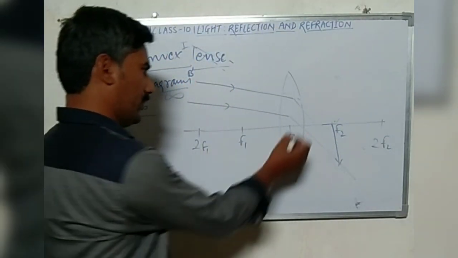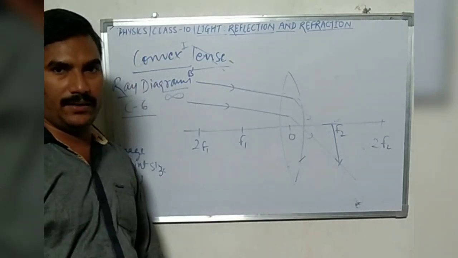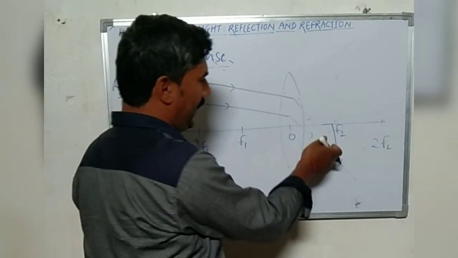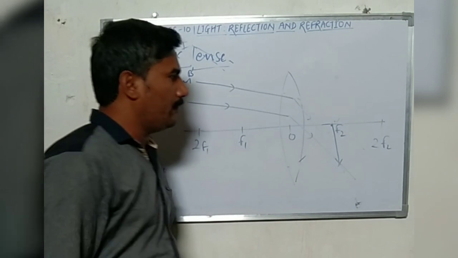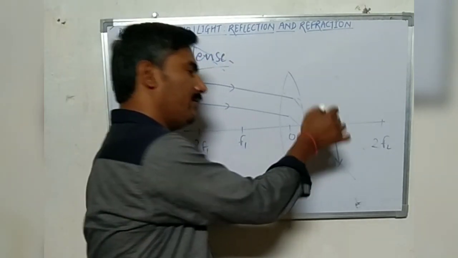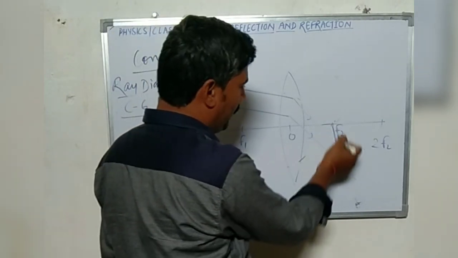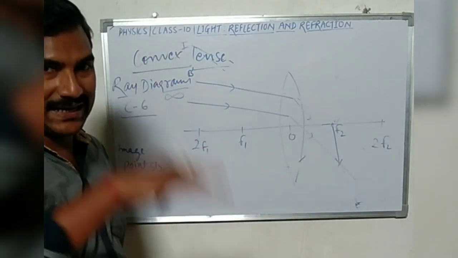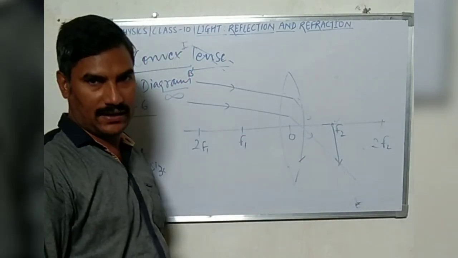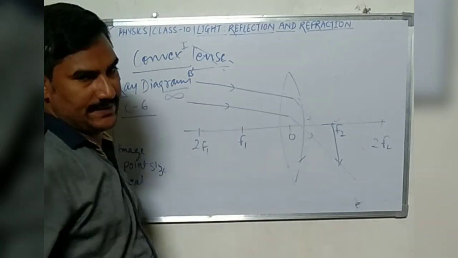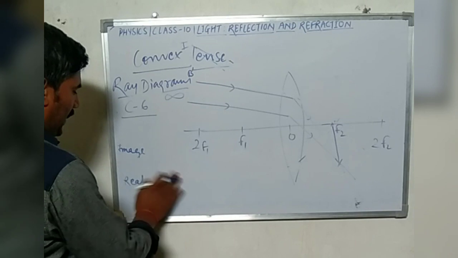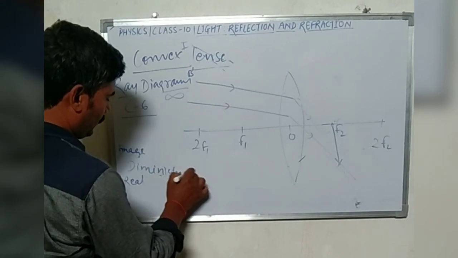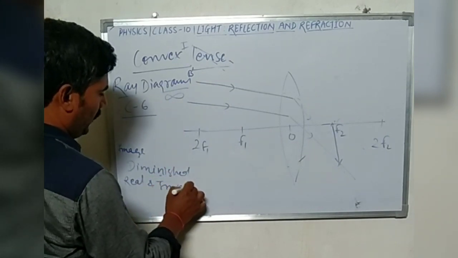Below the principal focus means when rays are coming from infinity parallel to themselves but not to the principal axis, they will form image at F2 but not at principal focus. Means they will form the image just below the principal focus, and the size of the image will not be that much diminished as we have seen in the earlier case of parallel rays. So here a diminished, real and inverted image will be formed.